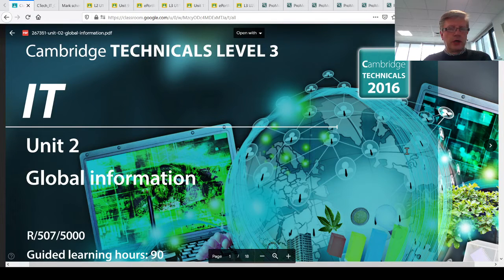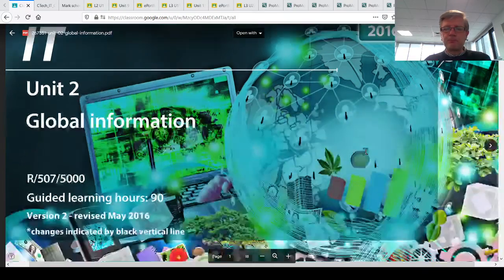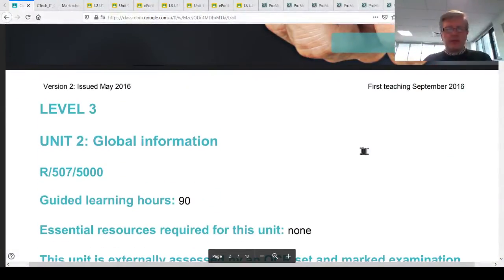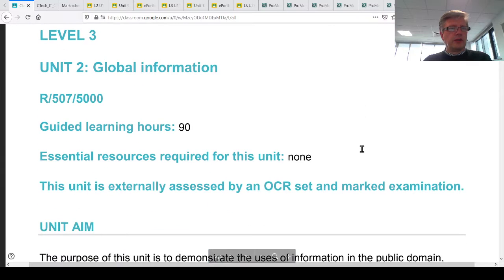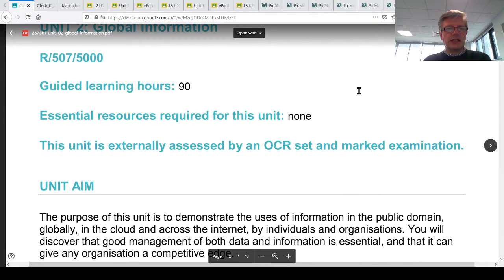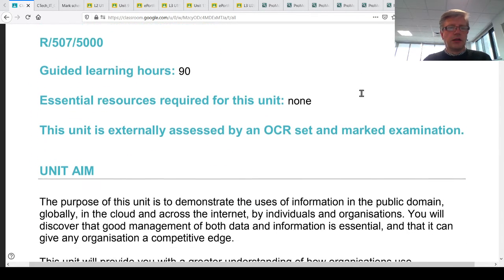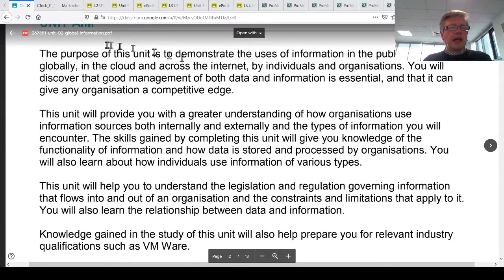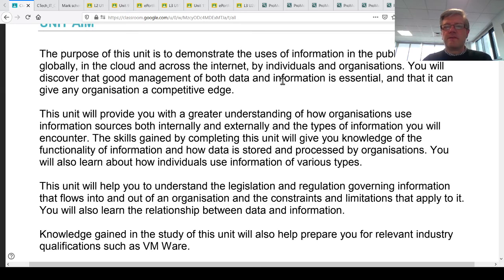Okay, so welcome to the revision materials for Unit 2, Global Information, part of the Cambridge Technicals Level 3. You can see it's 90 guided learning hours, and the aim of the unit, according to the exam board, is to demonstrate the use of information in the public domain, globally, in the cloud, across the internet, by individuals and